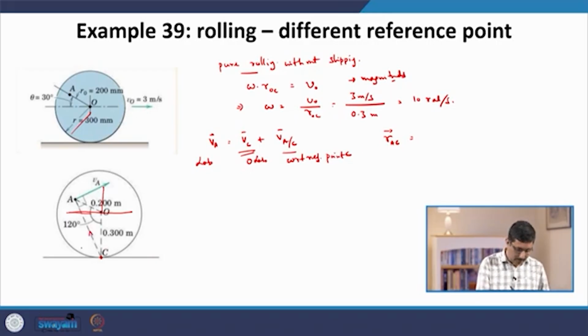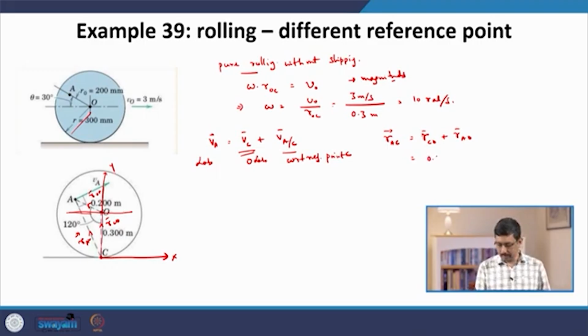So, this is the vector RAC, which is the vector RCO plus the vector ROA. This is RCO, the position of O with respect to C, plus the position of A with respect to O. Now, if this is my origin, this is the x axis and this is the y axis,